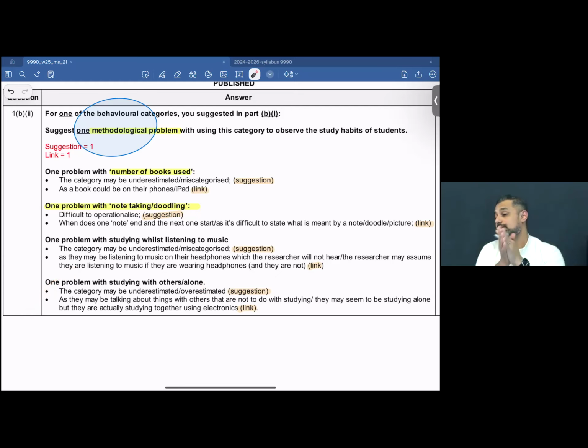If I talk about this particular problem that I have in front of me, this particular suggestion, last one. What if you see the students, what if they leave you under the impression that they're having a conversation and not studying, whereas in reality they are studying, while at the same time they have this very happy-go-lucky look? From the facial expressions and the body language, what if it does not appear that they're studying, whereas in reality they are? So there's a possibility of you over categorizing, overestimating or underestimating.